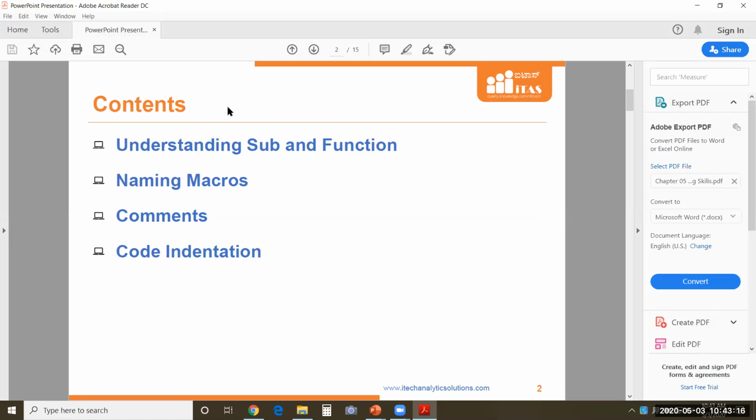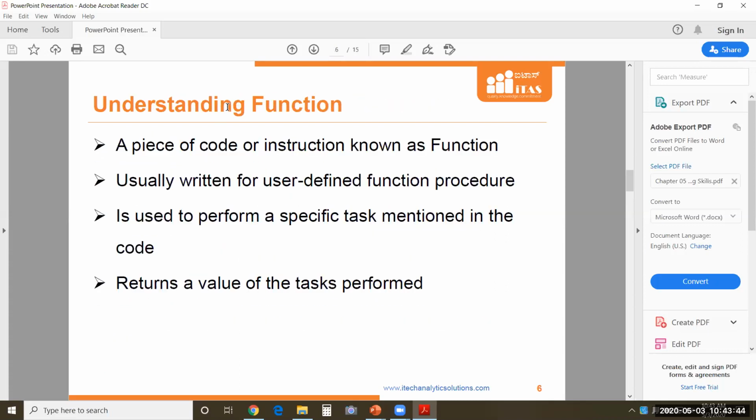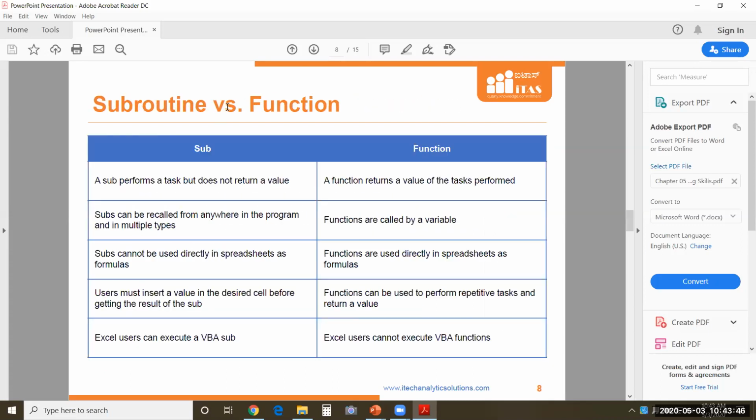There are certain procedures to follow. Only if you follow them in that way, your macros will be executable. Now, I've been telling you about macros from the beginning. See, these macros are nothing but the programs that you write using the VBA language. So how to write them? What are comments? How exactly do you have to keep your code? The importance of following these things will be explained to you in the fifth chapter.